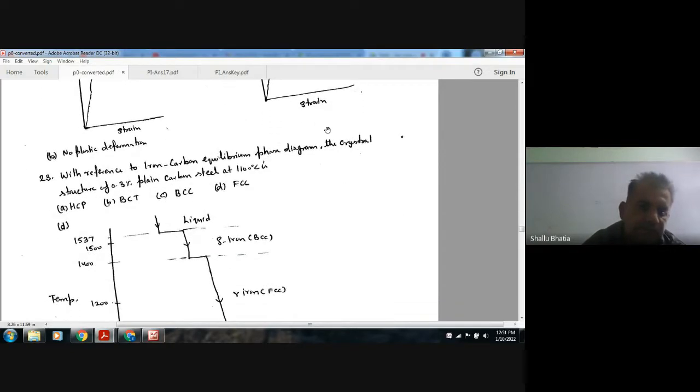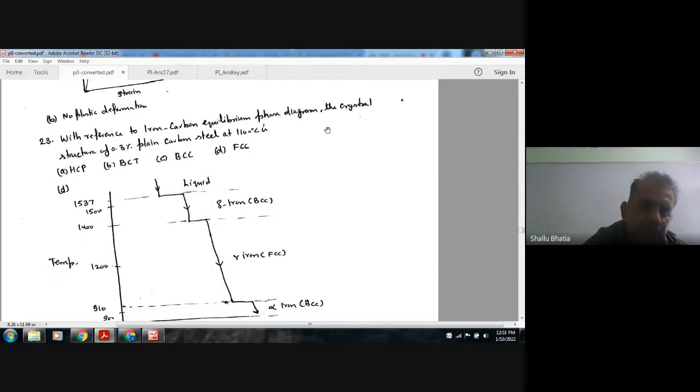Okay. Next, with reference to the iron carbon equilibrium phase diagram, the crystal structure of 0.3% plain carbon steel at 11